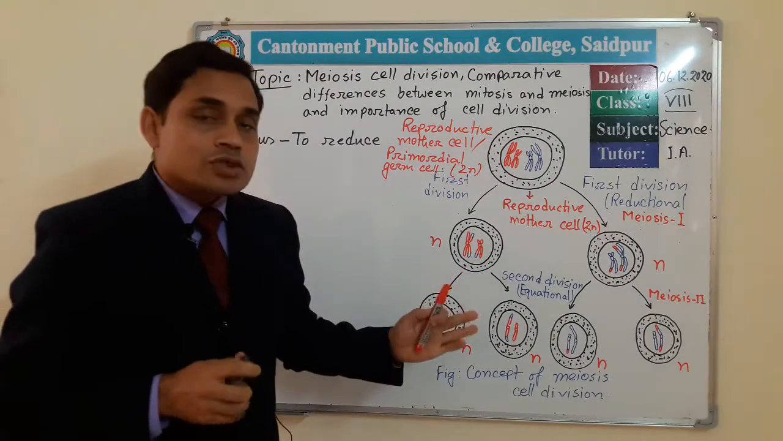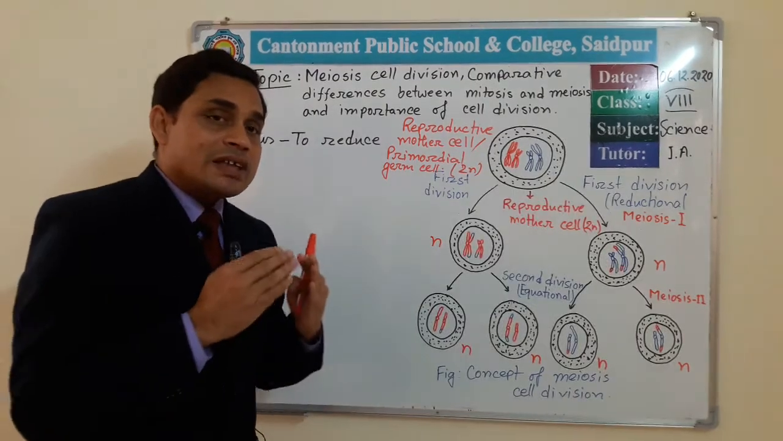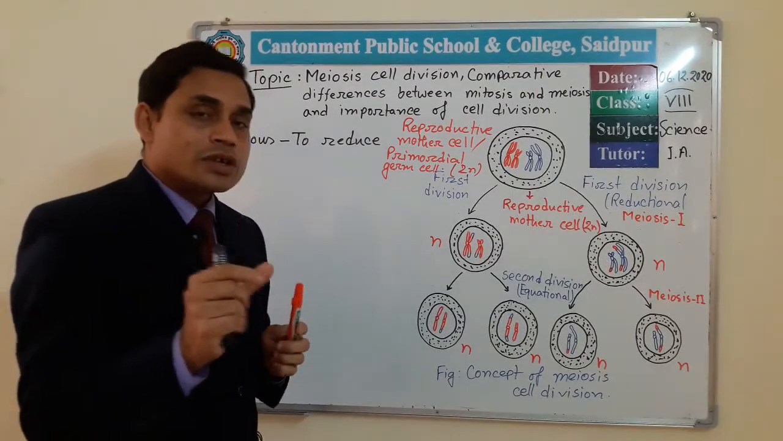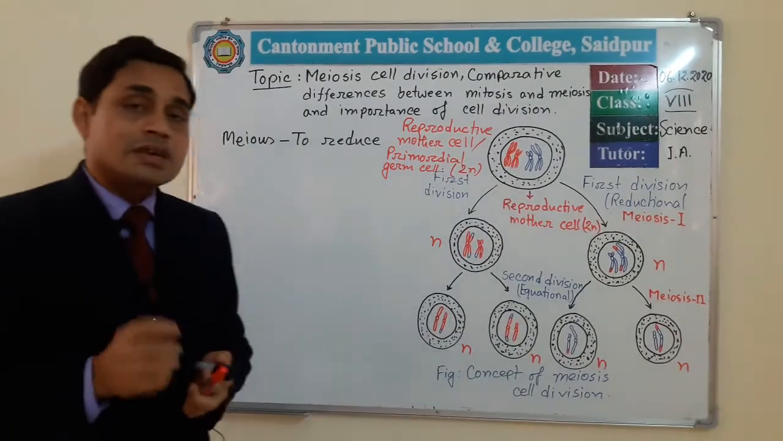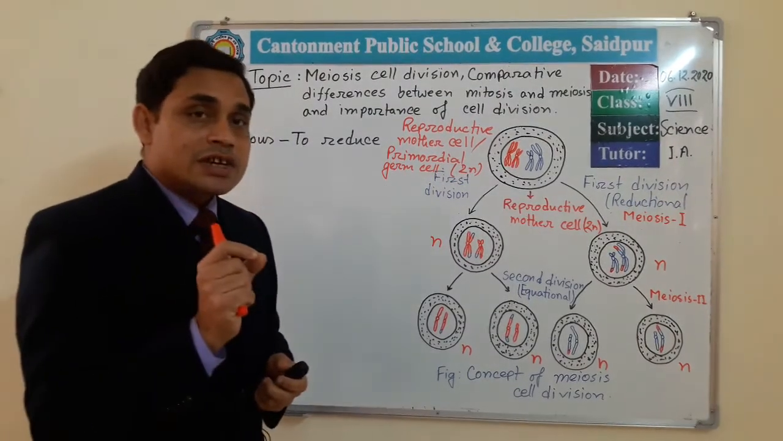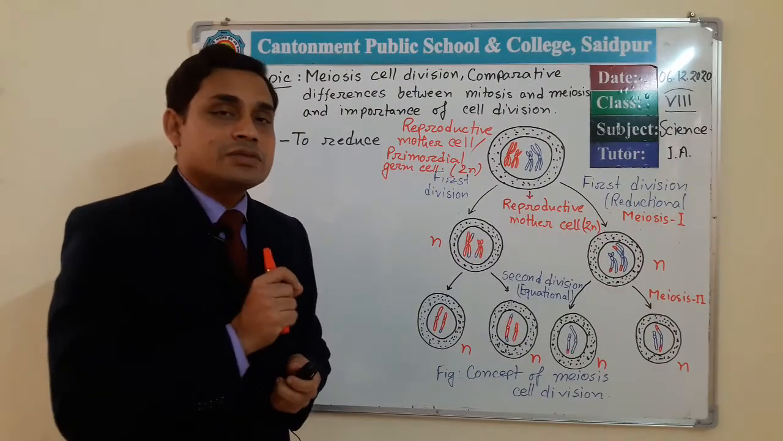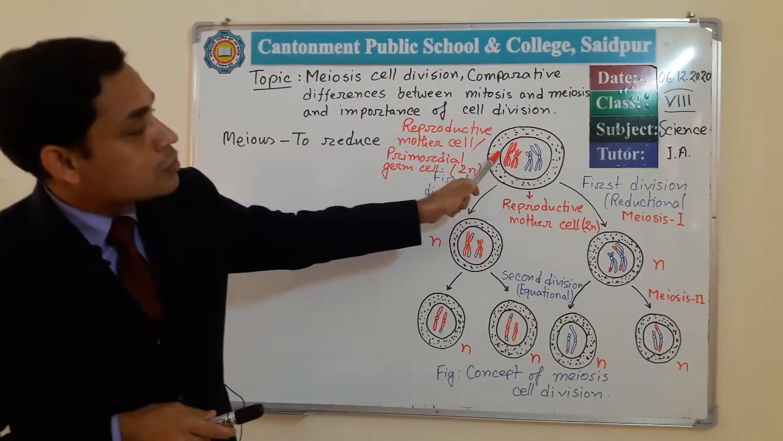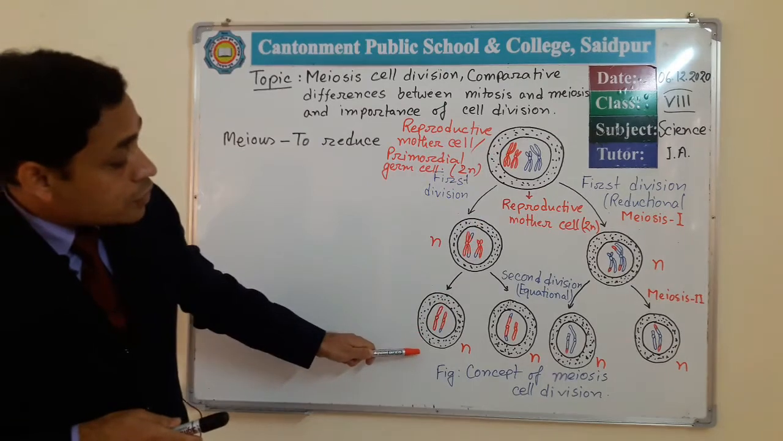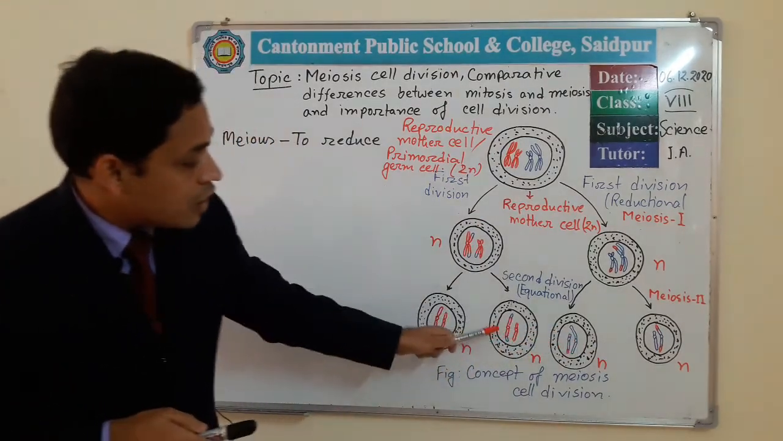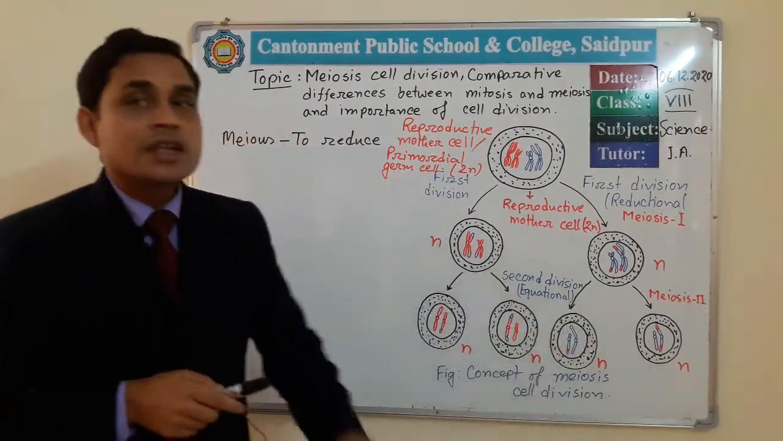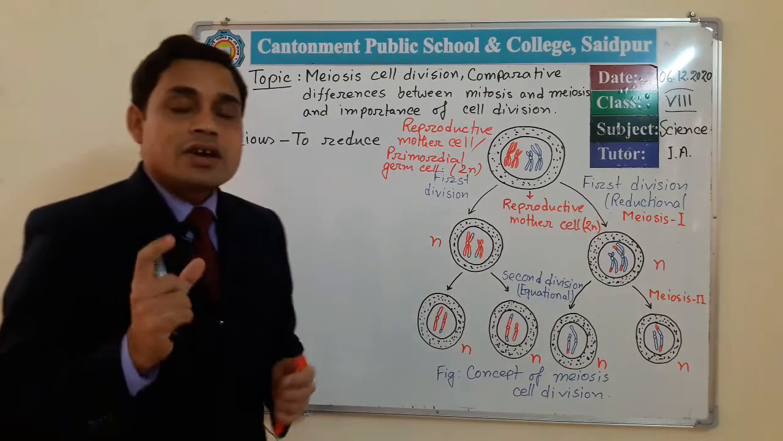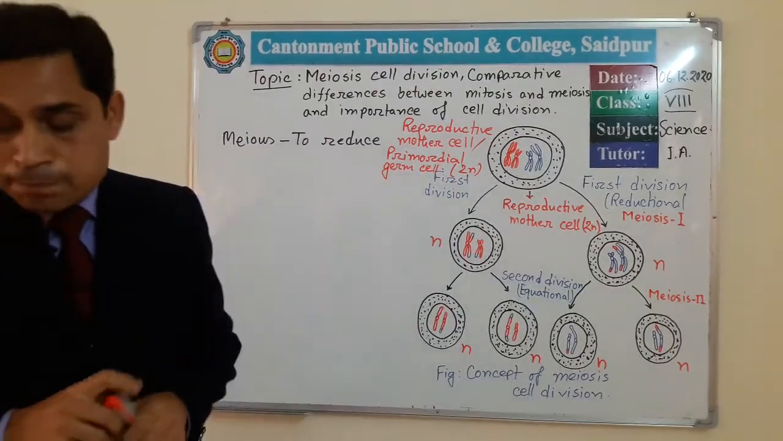As the number of chromosomes in mitosis cell division remains the same in the newly formed daughter cells, that's why mitosis cell division is called equational cell division. But in meiosis, here we see 4 chromosomes, but in the newly formed 4 daughter cells we have 2 chromosomes in each cell. That's why this is reductional cell division. Okay, and